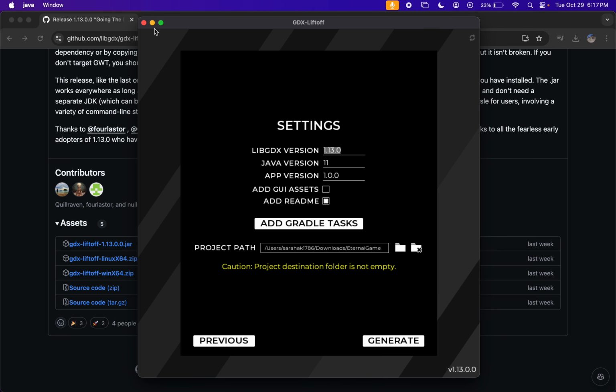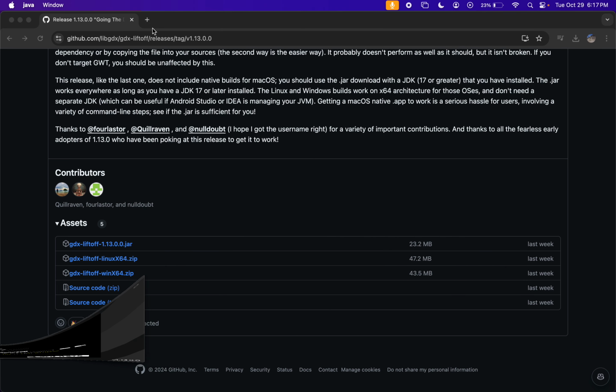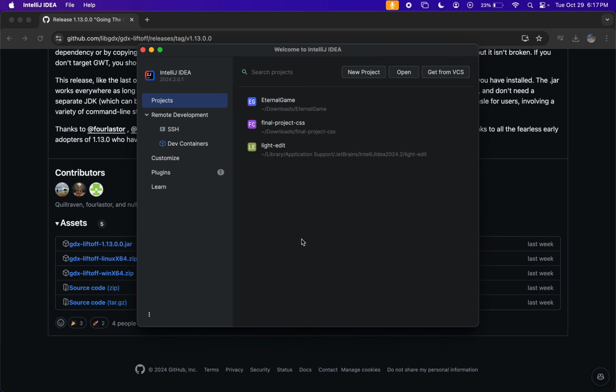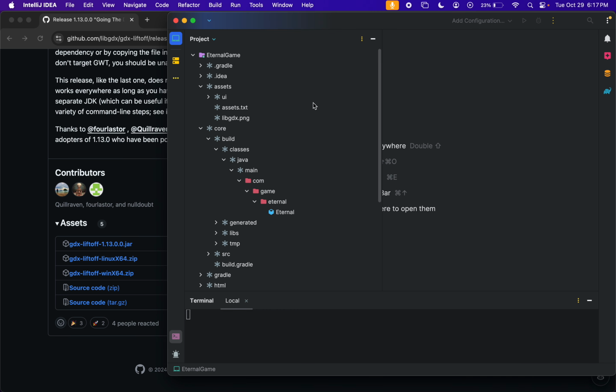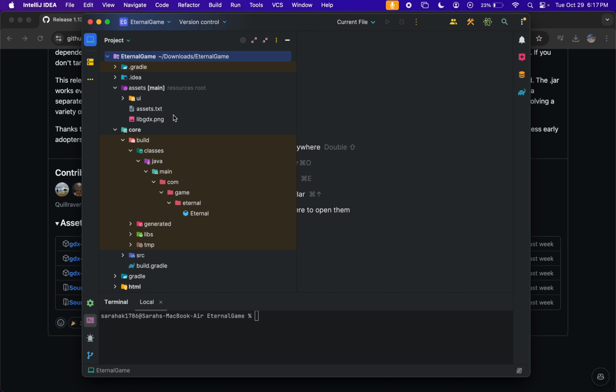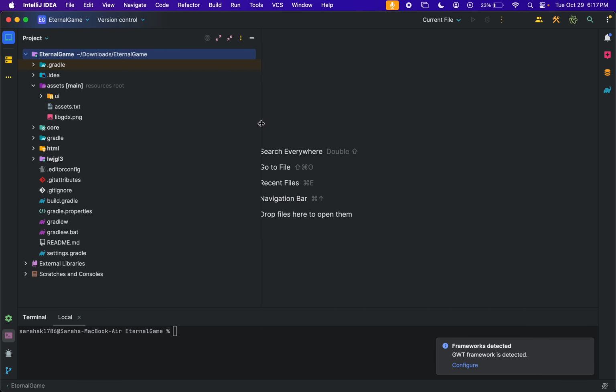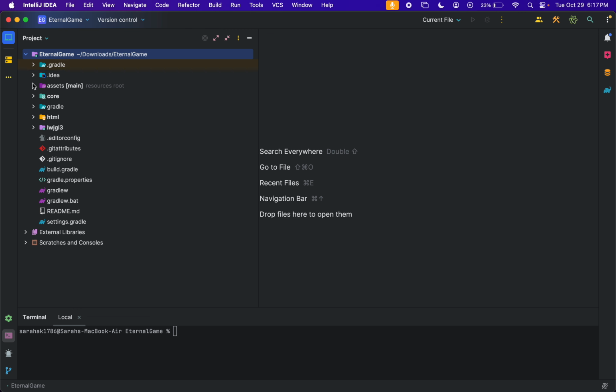So I'm going to show you what that looks like right now. If I were to minimize that and open IntelliJ, from here I have a few projects. The one that I made using that was the Eternal game. Now when you go here, oops, I have a few things open. From here, this is what it will look like. You'll be given a different set of files and packages. The one where you'll want to run your project on is the